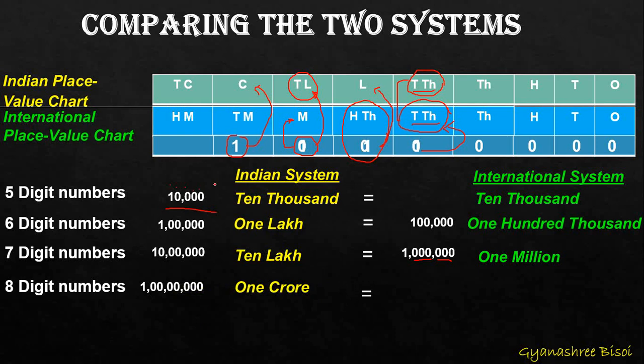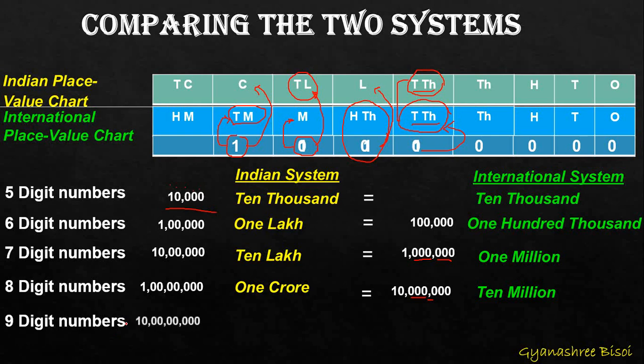That is equals to, in the international place value system, so 1 is at which place? 10 millions place. Then how will you read this number? 1 tens are 10. So 10 millions. Very simple. 1 is at 10 millions place. So I will read it as 10 millions. So how are you going to write? 1 followed by 7 zeros. So from the rightmost 1, 2, 3 places I will leave. Then I will put a comma. Then I will leave 3 places again for thousands period. Then I will put a comma. So how am I going to read? 10 million. Correct.